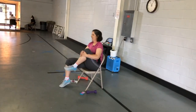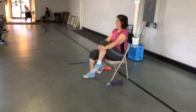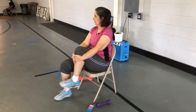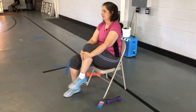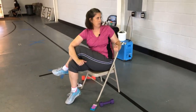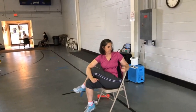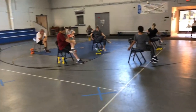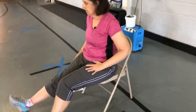Take that left leg, hug it in below the knee, rotate it. And reverse it. Now take it, cross it over, hug it in, twist and look over that opposite shoulder. And then bring it center, uncross it, sit on the front of your chair, bring both those legs out, flex